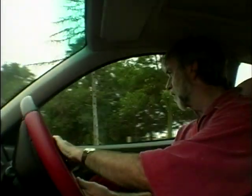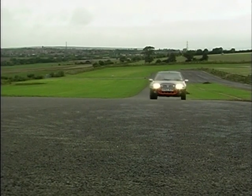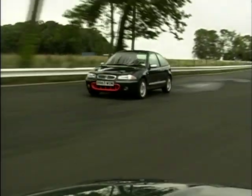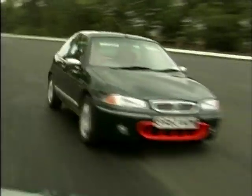We first saw it at the Frankfurt show last year as a styling exercise, but Rover obviously thought there was more mileage in it than that, because they've decided to go ahead and build 750 examples. And no, it's not going to be another Renault Williams. They actually say even if they sell the lot, they're not going to make any more. So, given that the Rover BRM costs over £1,000 more than the equivalent 216 three-door, what do you get for